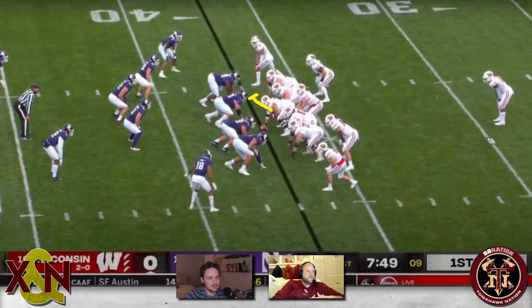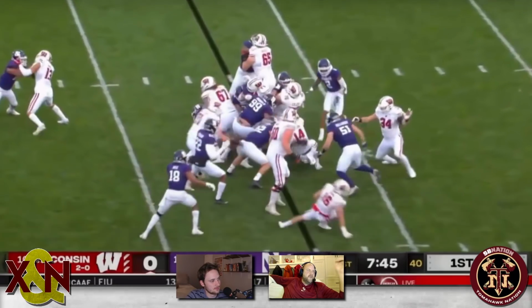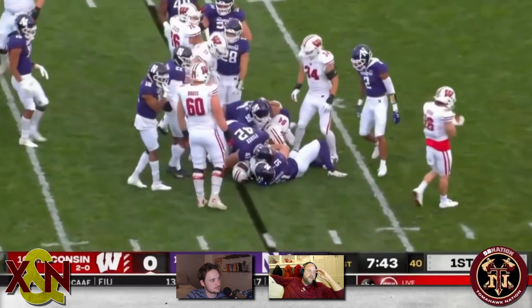We needed Trey here for a little bit of center talk. Yeah, that's true. Played a little center in my day. Just good gap scheme, running a little counter action there. Well, it's not counter really, but